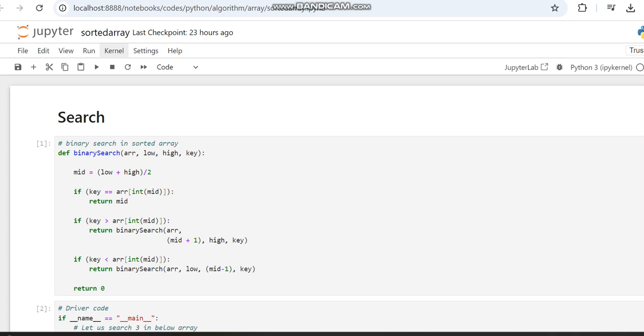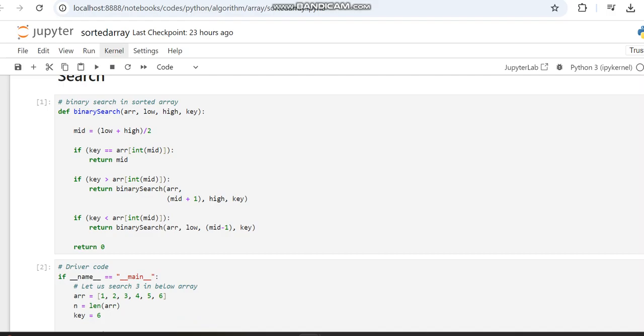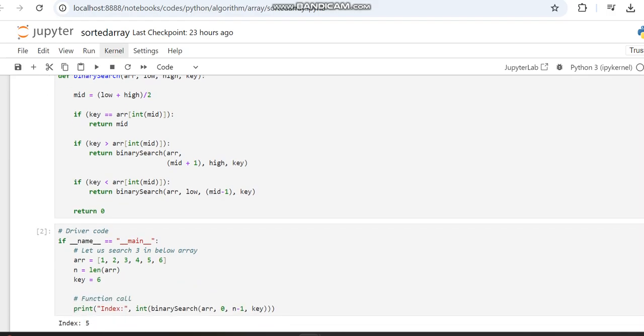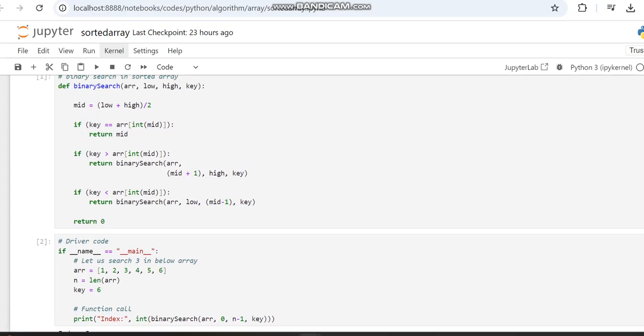Hello all, today in this video we are going to see searching of an element in a sorted array. For that we are making a definition. The definition consists of four variables: the array, low, high and key, and within that we are determining the mid location, which is determined by the formula low plus high, divided by 2,